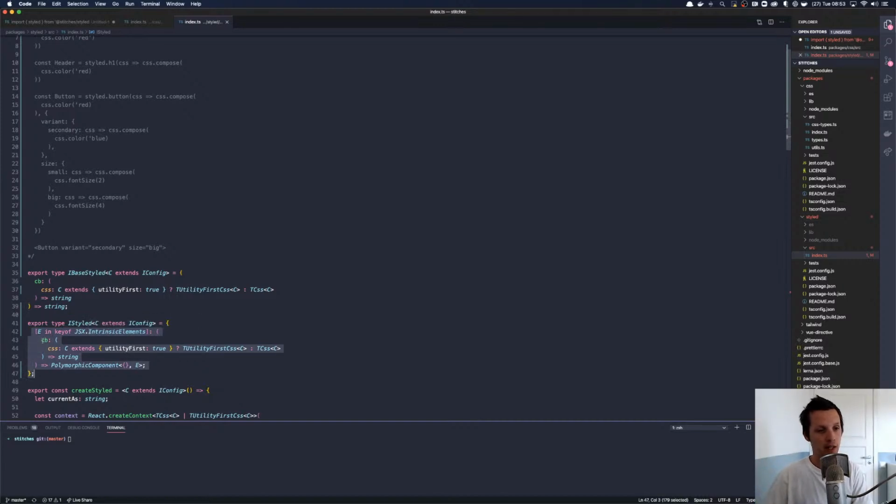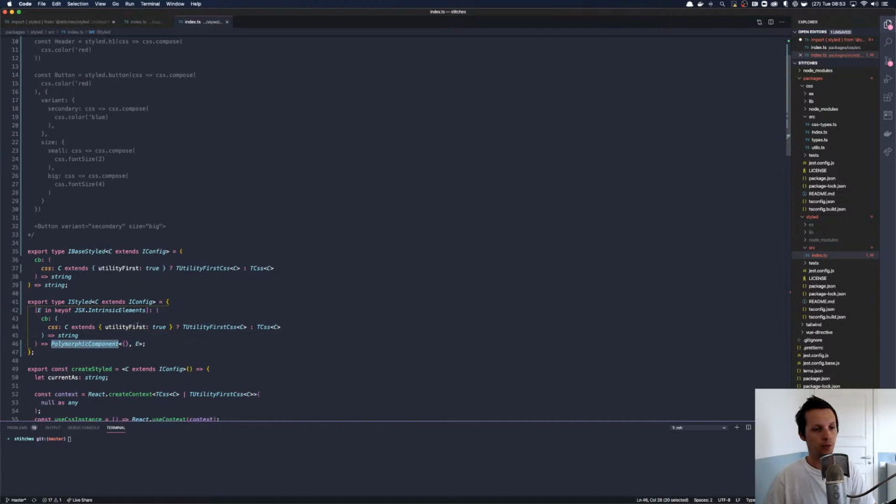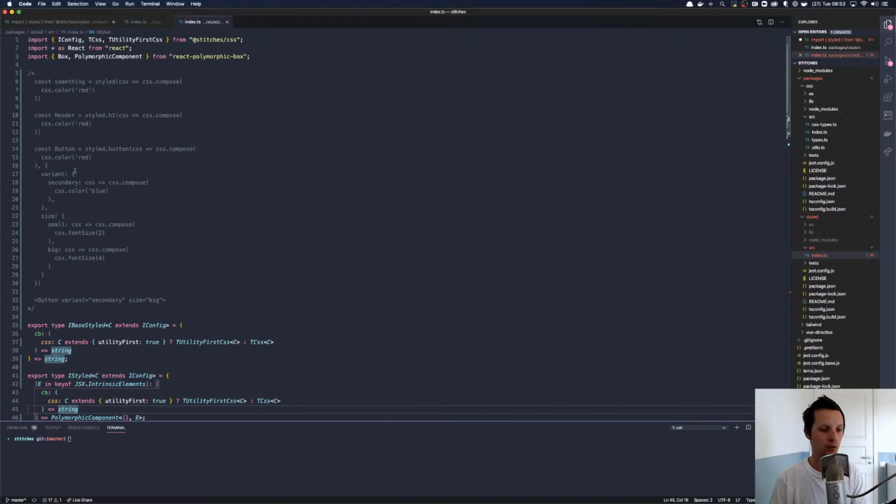Each key is a function that takes a callback, which has a CSS composer, and then it returns a polymorphic component based on the element. For example, if it's a div, you will get the attributes of a div. Cool. And then this one also has the possibility to do